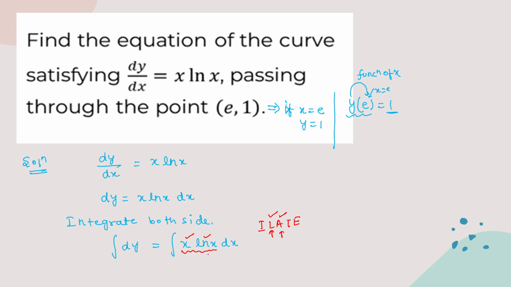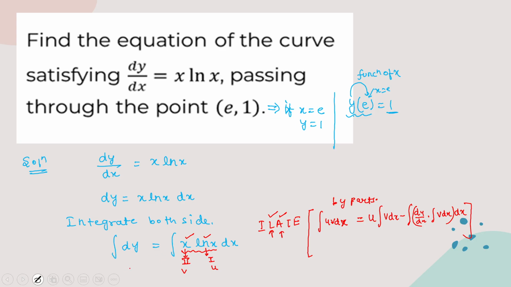So therefore, the logarithmic function will be taken as the first function and x will be taken as the second function. Or you can say this is u and this is v, whichever way you have studied. Now the formula was: integral of u into v dx is equal to first as it is, that means u as it is, integration of second minus integration of the differentiation of first into integration of second, of whole dx. This was the formula for integration by parts, so just directly use that and get your answers.